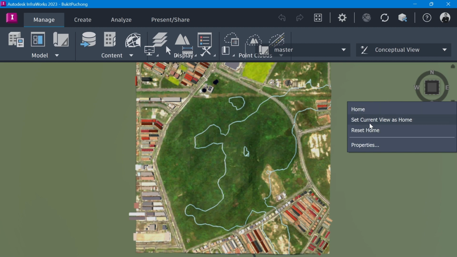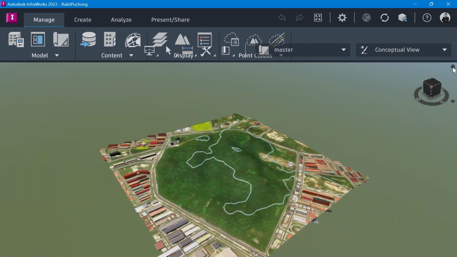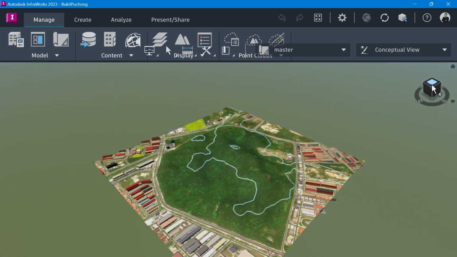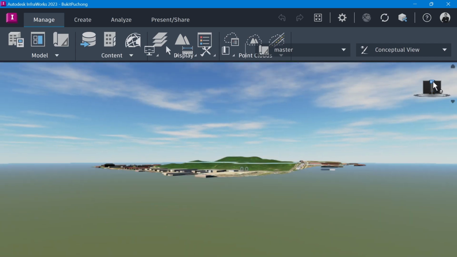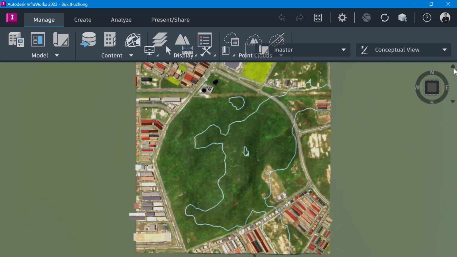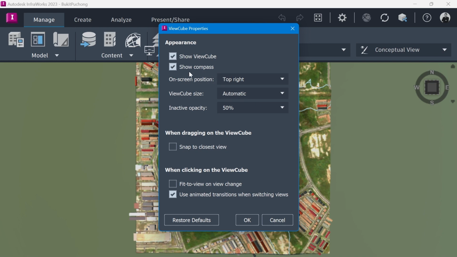You can set current view as home. Right now the home is an isometric view, so this corner is home. You can set, let's say, the top here as the home. Click here and then set current view as home, and after that you reset the home. Properties here give you the settings for the cube.